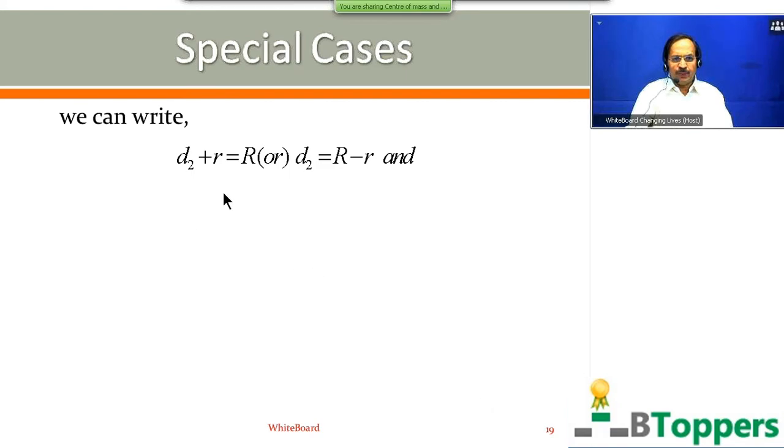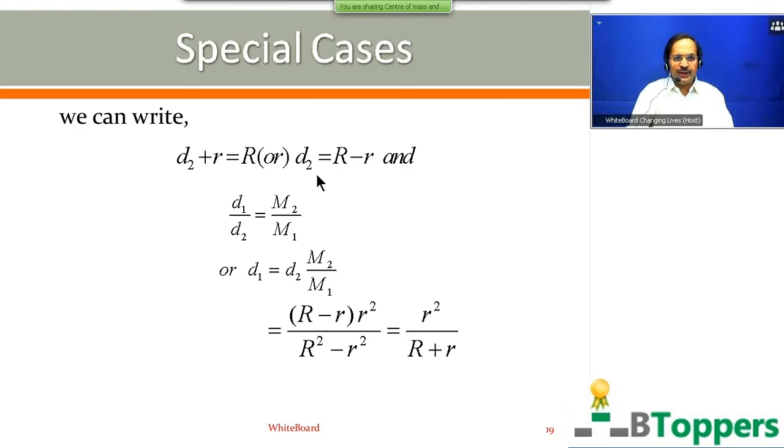You can write d2 plus small r equal to R, or d2 equal to R minus small r, if the small circular piece is removed from one edge. And d1 by d2 equal to m2 by m1, or d1 equal to d2 into m2 by m1. You can substitute here d2 equal to R minus small r, and m2 by m1, as we have discussed before, is equal to small r square by